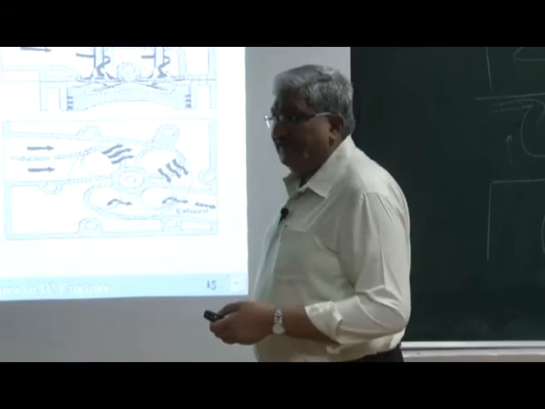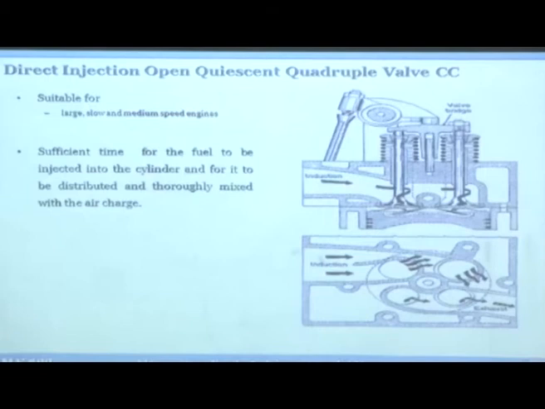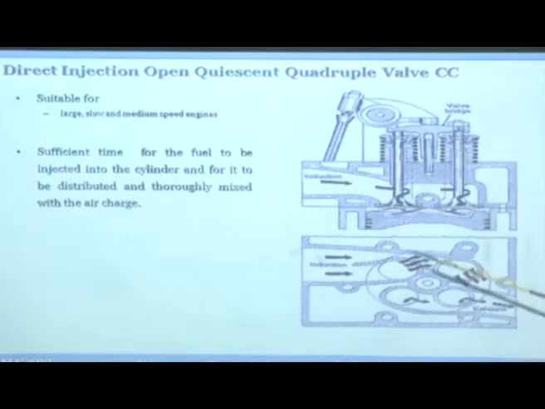In case of faster engines, the same thing has to be completed in a shorter time. So there is sufficient time for fuel to be injected into the cylinder, distributed in the entire combustion chamber, and thoroughly mixed with the air charge. How does it happen? So basically you see here,